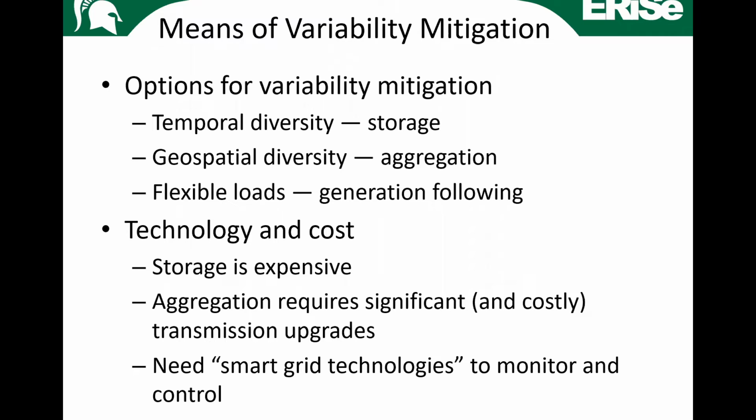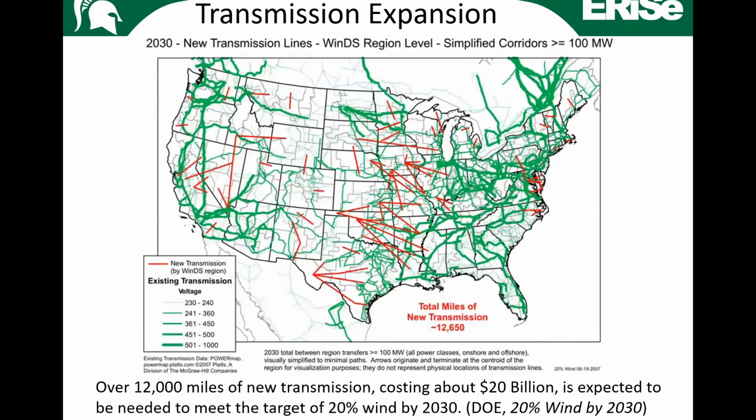And flexible loads, this is a new paradigm that also needs smart grid technologies. I'm not talking about this yet because I'll explain that a little more on a later slide, okay? But you'll see the need for smart grid technologies. And here I've shown some of the relationships between the technologies that we use and the cost. For example, if we had to deal with this using transmission alone, or what I call aggregation.